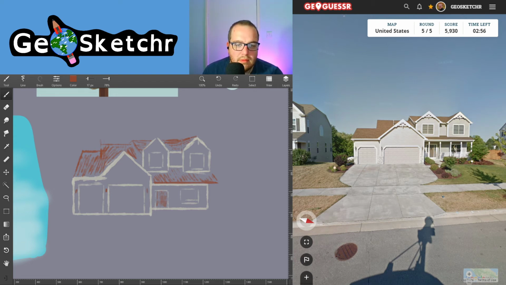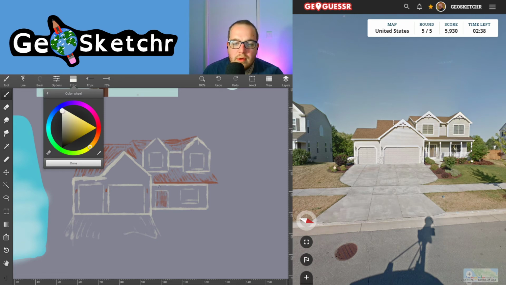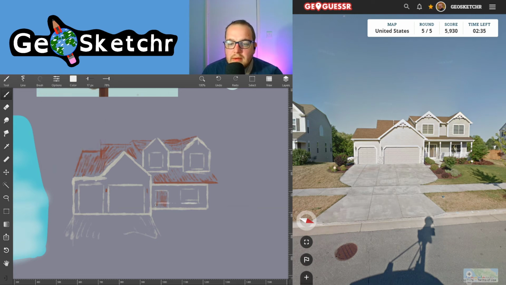Grab. Ooh, just making things fly around my screen over here. Go away, start menu. There we go. Grab this colour again, and we can add in what looks like the start of our driveway, so we can just give that a little indication. And then I'm going to want to bring in a lighter colour, so we can start putting in